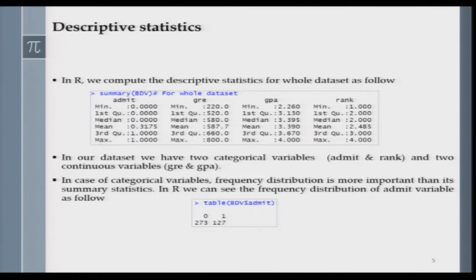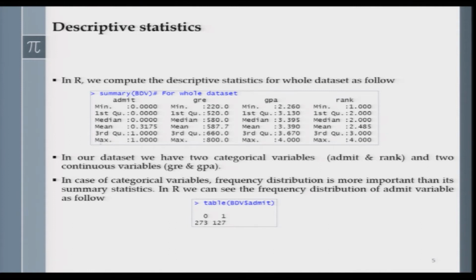So, we get the summary statistics for the whole data set by writing this simple command, and here I am showing you all these measures that you have seen several times in this course, like mean, median, quartiles and all.